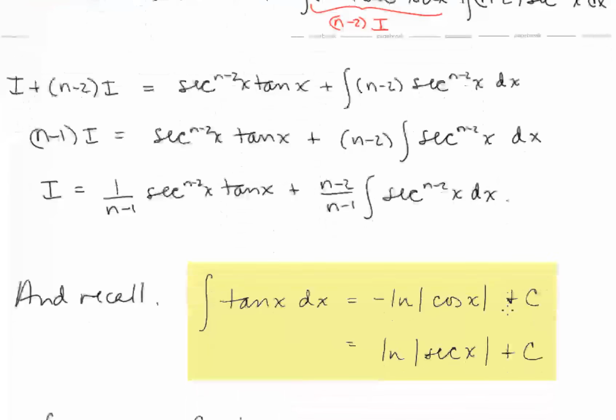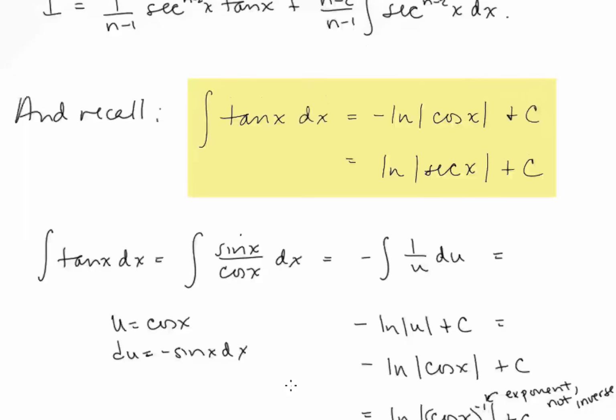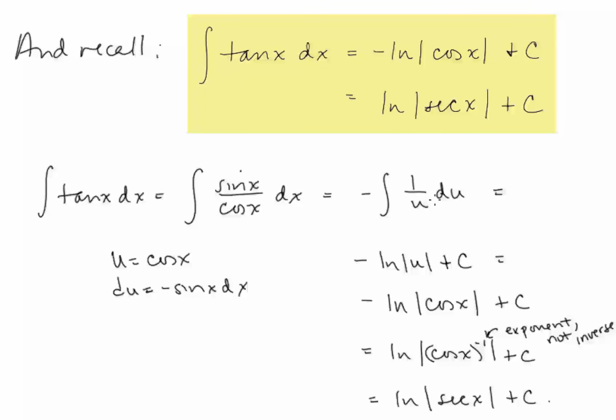And also, just for completion, I want to remind you that the integral of tan x is negative ln of absolute cosine x plus a constant, or this can be written as ln of absolute secant x plus c. And remember that that's found by using u substitution. We have tan x is equal to sine x over cosine x, and we let u be cosine x. And so we get negative ln of absolute u plus a constant, which is negative ln absolute cosine x plus